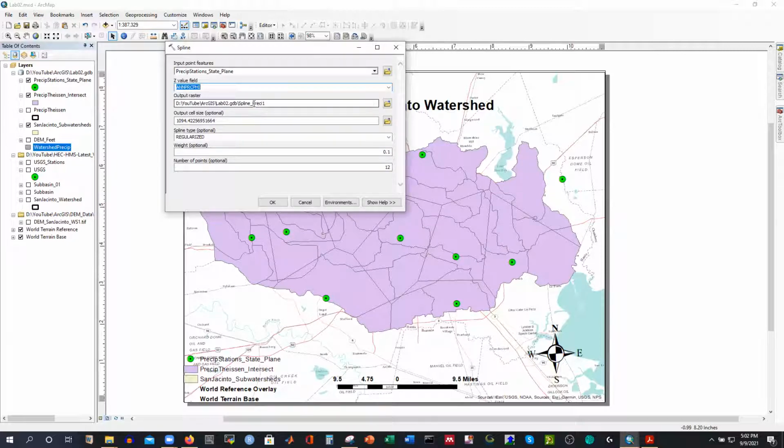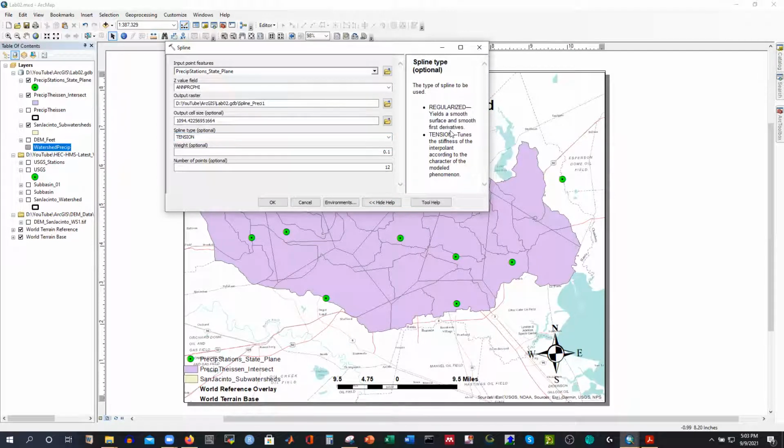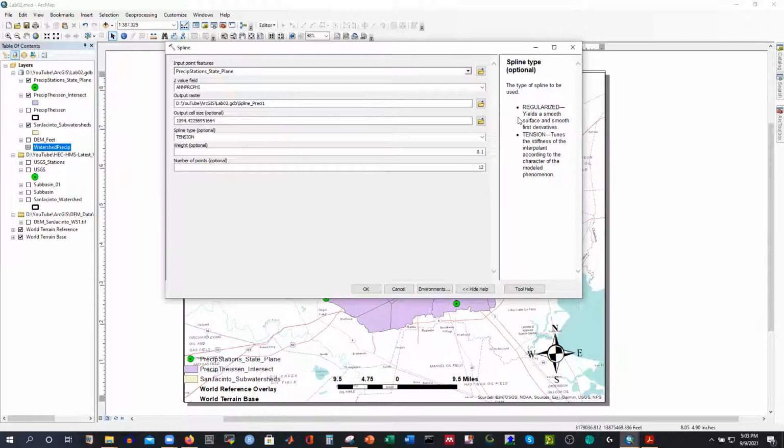And what you're gonna do, we can keep the output cell size as it is, and everything is same. But here spline type, so this spline type should be tension. Then it will fix that area. Okay. If I select tension, if I want to see what it is gonna do, show help. See, it is gonna do this thing. So always you can select, say if you select regularized, it will yield a smooth surface and smooth field derivatives. However, if you select tension, it will just tune the stiffness of the interpolant according to the character of the modeled phenomenon. Okay, so that's how we need to do that,